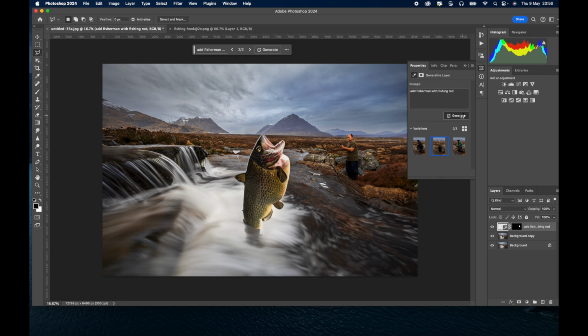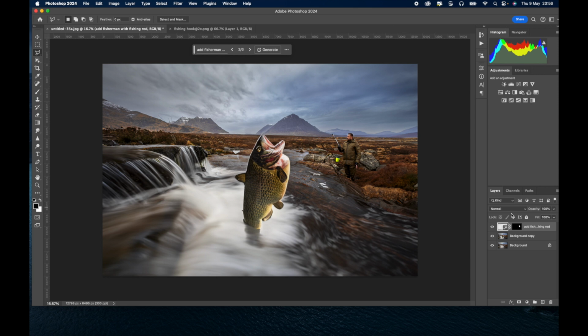Let's generate one more time to see what options we get. Nope, that guy's far too big and close. He's got his back turned to us. Now, that guy could work for us actually. Let's use him. So, if I do Control E to collapse that,